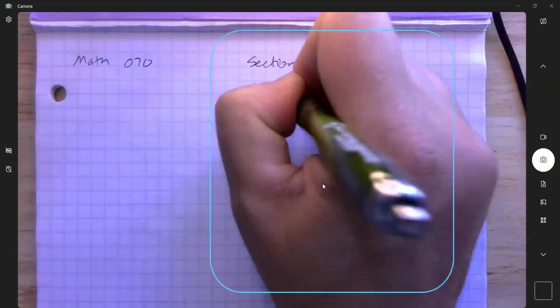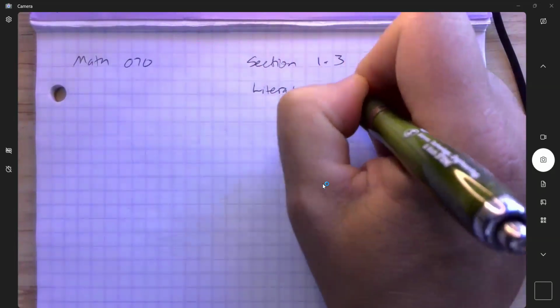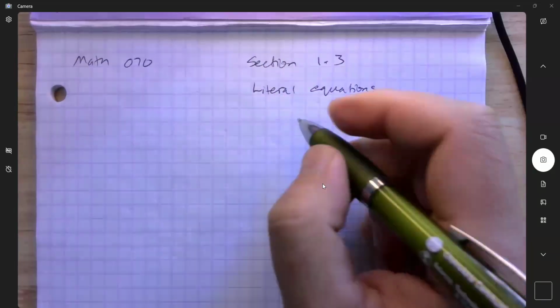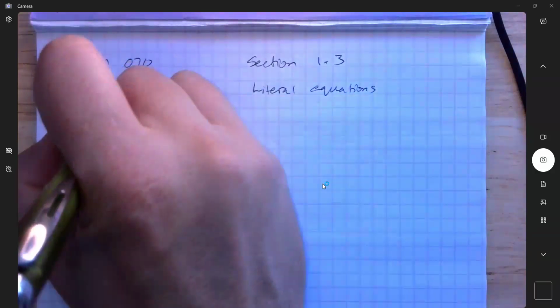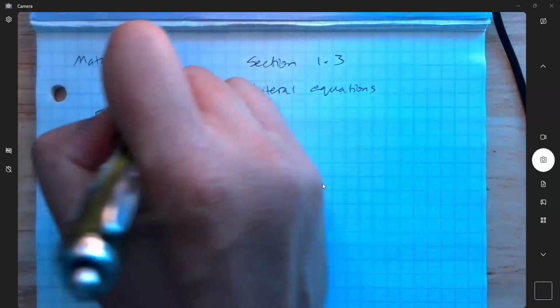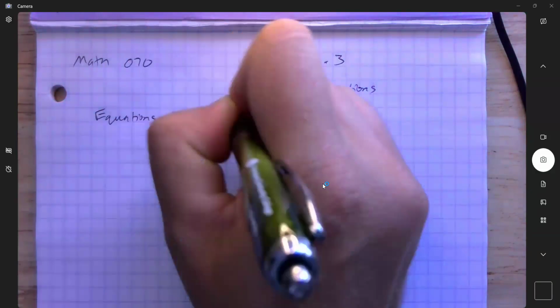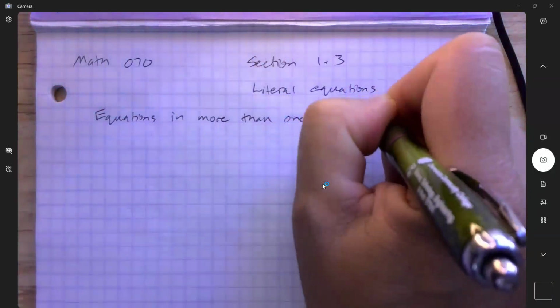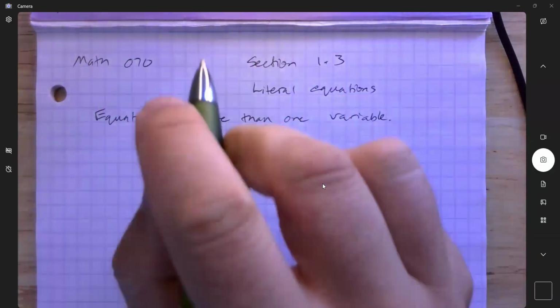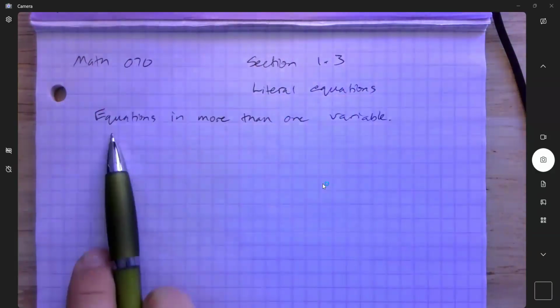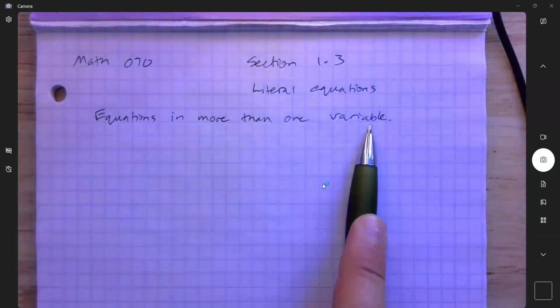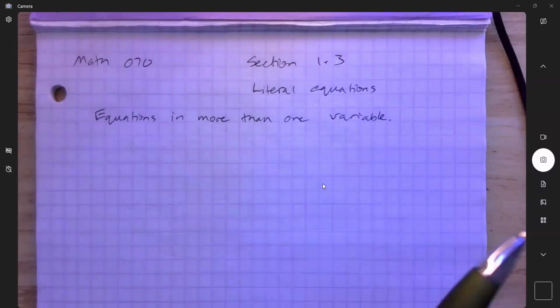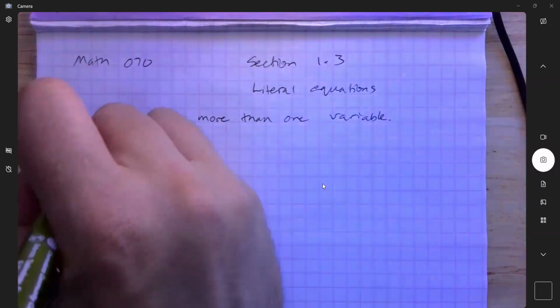The name of this section is literal equations, but what that really means is equations in more than one variable. Now this, like the other section, is going to be one step beyond what we've already learned, but it's not brand new. So as a reminder,